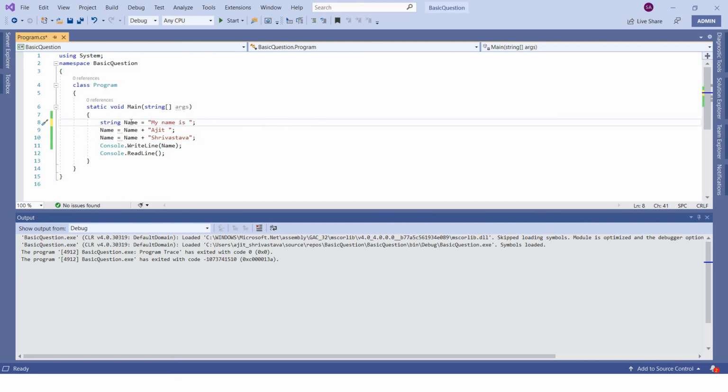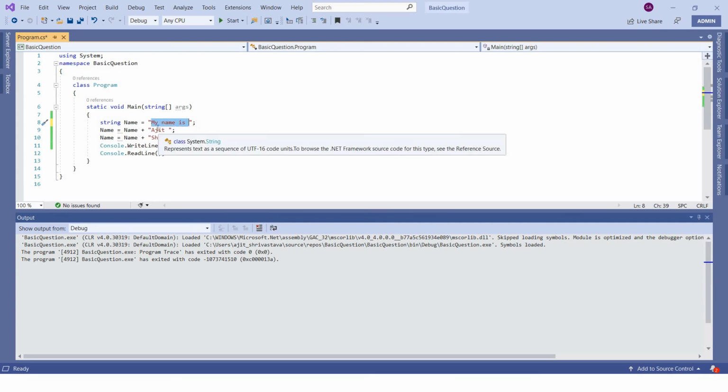Next time if you try to modify the same variable, it will not modify its content. What it will do is create another location, and there it will concatenate these two values and store them into a new memory location.